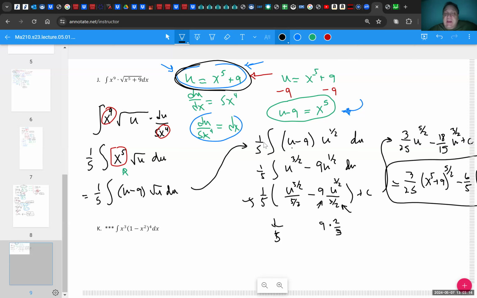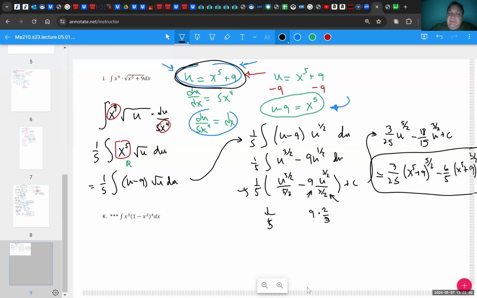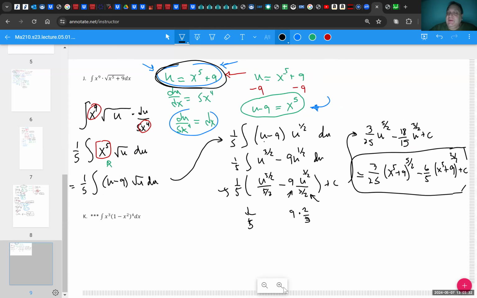It was just u minus 9. So I substituted in. Now I have only u's. I don't have any x's. There's no problem with mismatched variables. And now a little bit of massaging with some algebra, with some distributive property, and I can anti-differentiate this no problem. So that's the level 3, I guess, difficulty of simplification by using